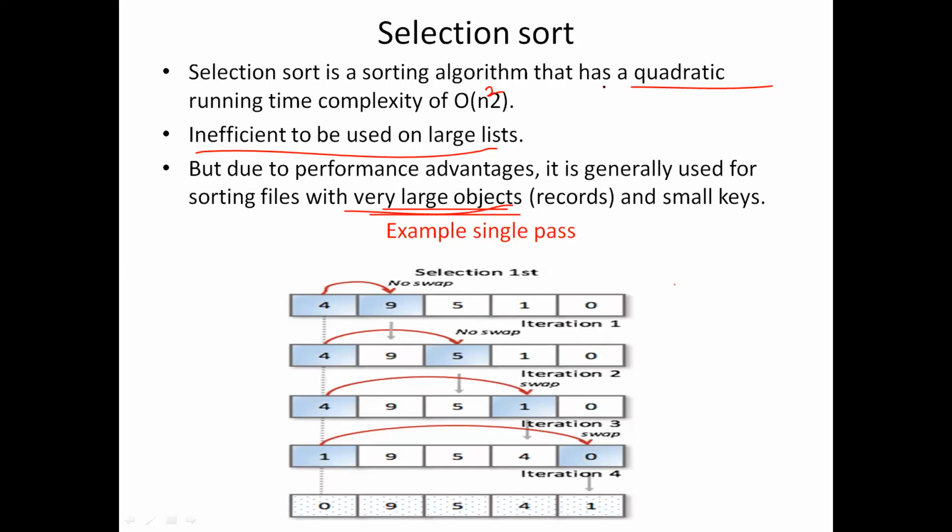Example of selection sort. Again, you have several passes in the case of selection sort also. This is an example for the first pass of selection sort. I have given an example of a single pass. In this selection, what I will do,